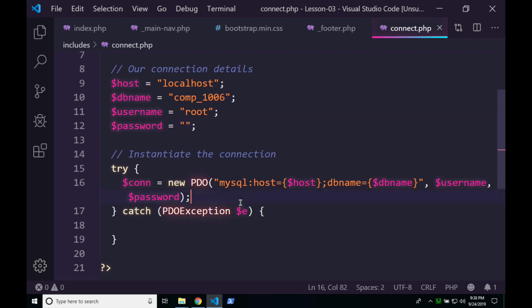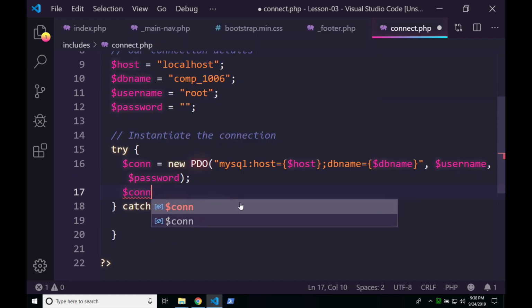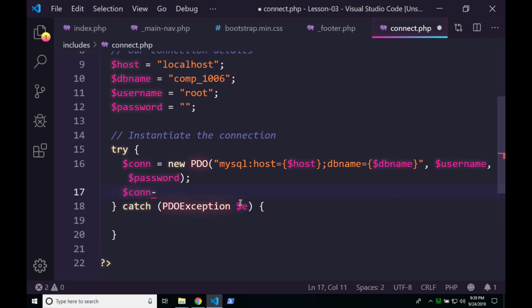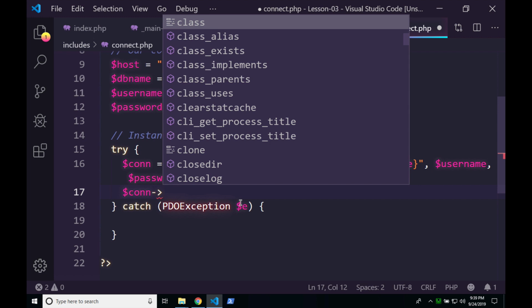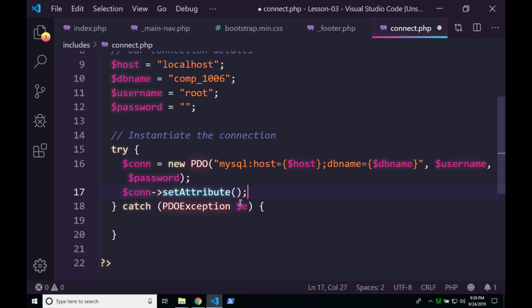Now we want to turn on error handling so that it will throw exceptions if anything goes wrong. So we're going to do con, and we're going to body shame this arrow. It's called a skinny arrow. And we're going to say set attribute, and that's a method call. So very quickly, we're instantiating an object. This object gets returned and stored in this variable. You'll learn more about that as you progress through your object-oriented Java, right? Because this is an object, objects can have things called properties and methods on them, or fields and data members,